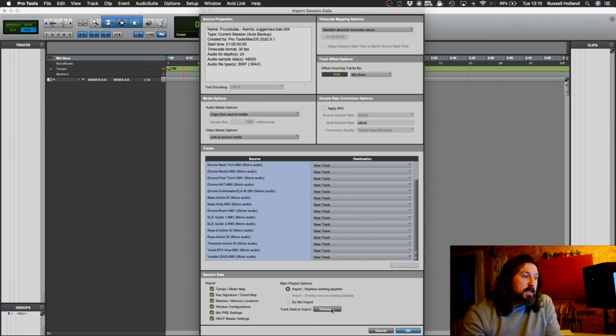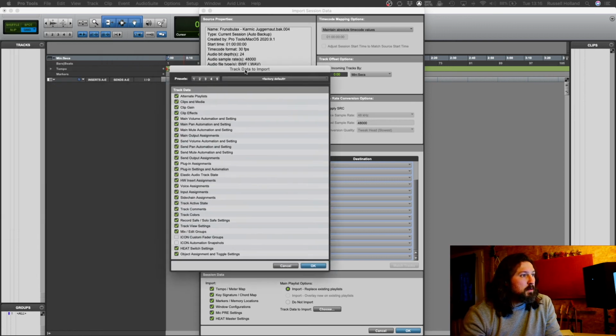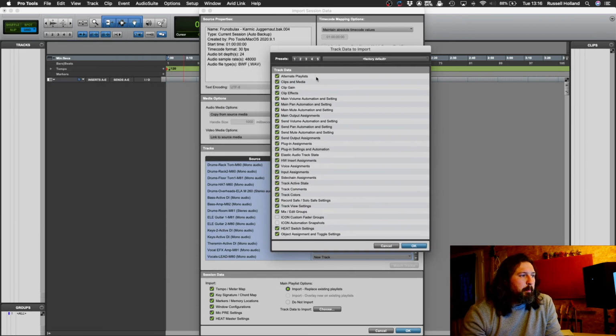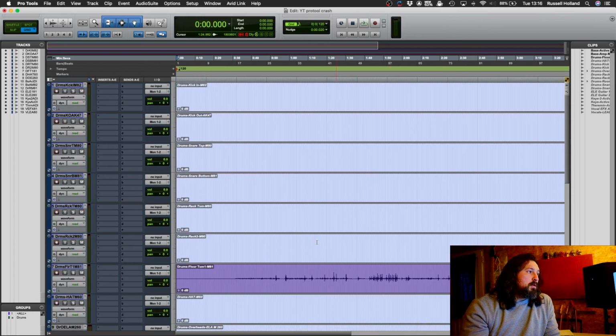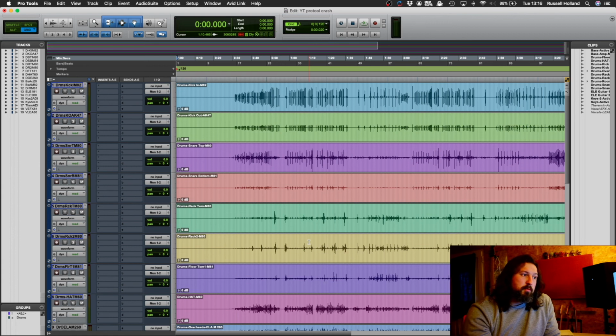So on the track data to import, you can choose that, and that's gone over to the other window, and you can choose pretty much anything that you want. I tend to have it all on apart from these two, which again is the default, because I don't want those snapshots for icon faders. So what we're going to do is click OK and import, and you can see that it pulls in